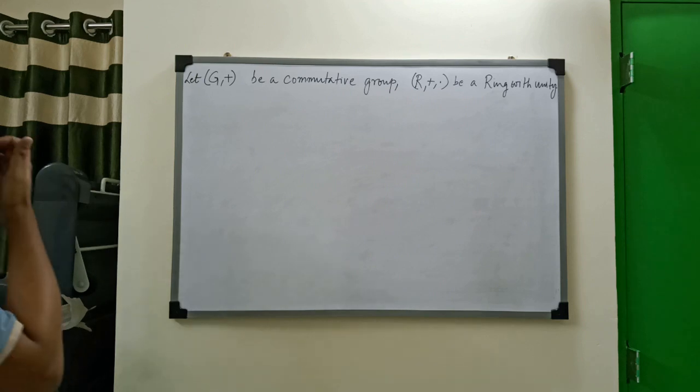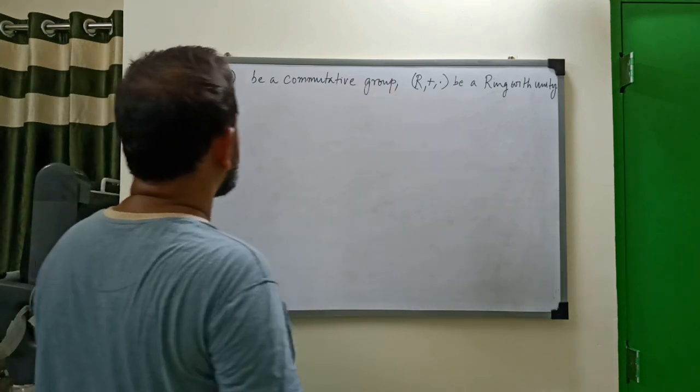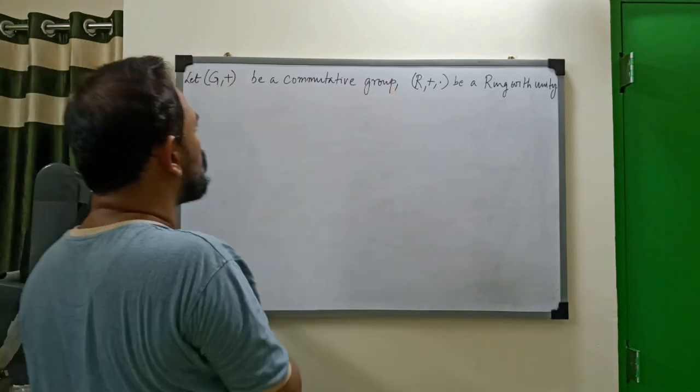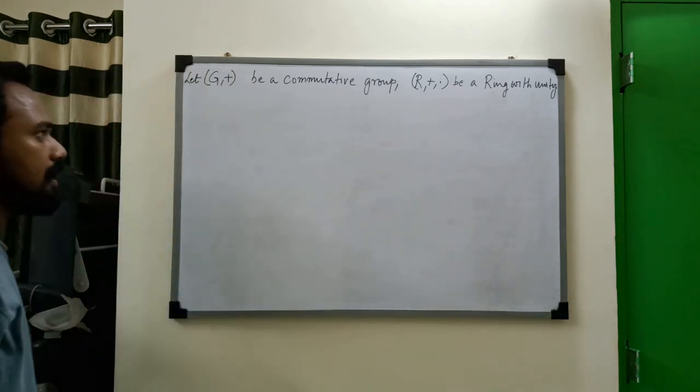So if I have two structures, one is a group and the other is a ring with unity, then